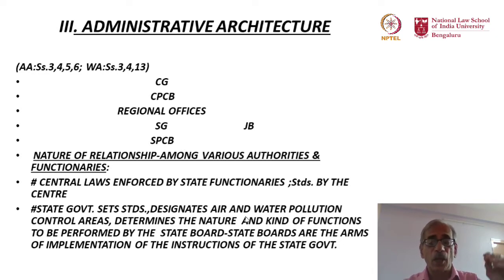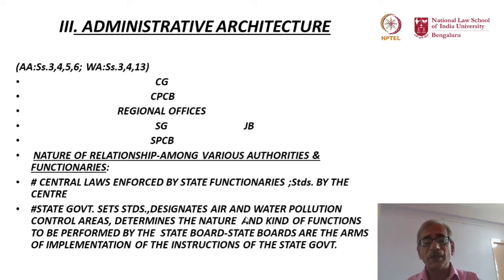Then, along with the standards set by the center, that is a minimum level of pollution. Let's assume that in a water body, when somebody is going to put something into that water body, it should not cause pollution beyond a particular limit. That is the maximum allowed. And you shall not exceed that limit. That means 1 gram of contamination, okay, you cannot have 1.5 grams of contamination. I'm putting it in very simple, crude terms, just to drive home a point.